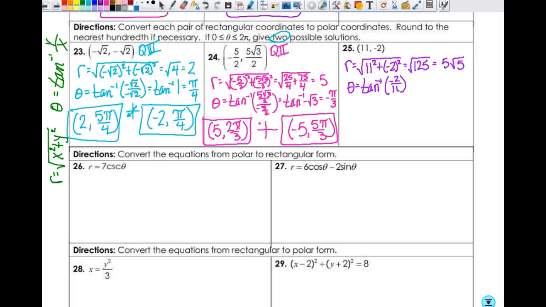So when we take the tangent inverse of negative 2 divided by 11, I get negative 0.17985, and so on. But let's figure out what I want to do here. This right here is quadrant 4, and this is a quadrant 4 angle, but I need it to be positive because of this statement right here. So I'm going to have 5 square root of 5,